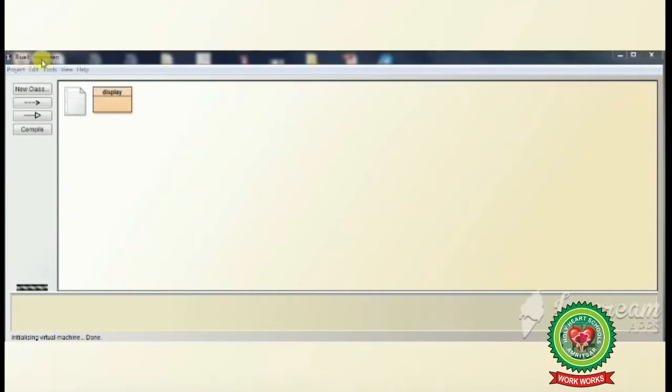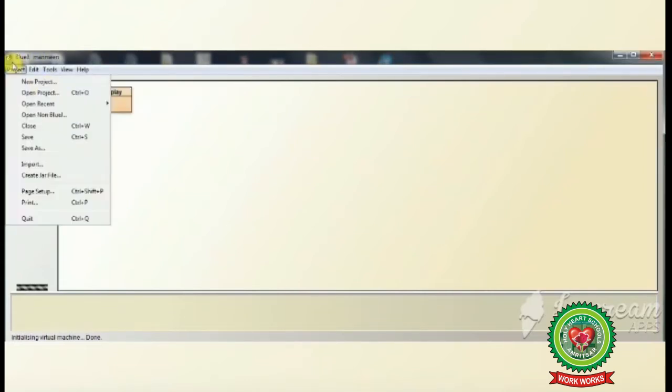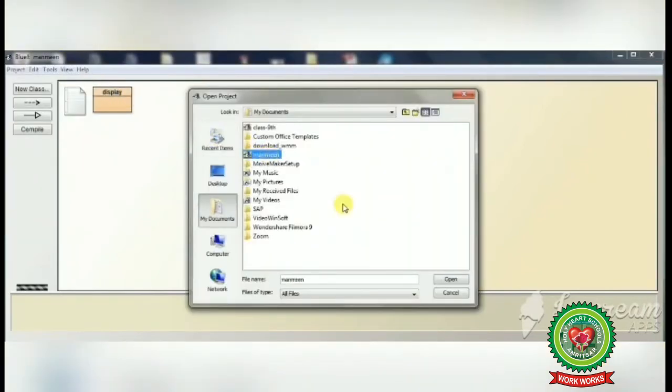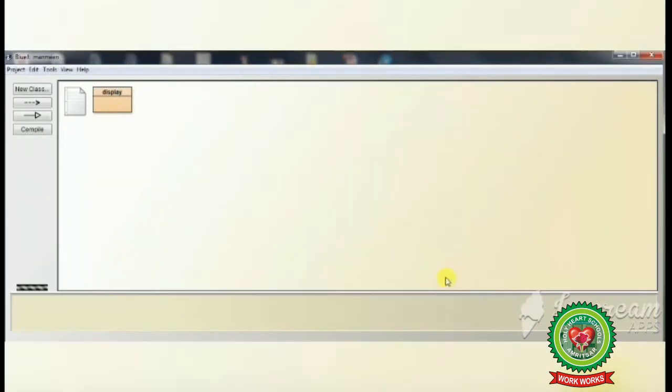Now students, we will move to the BlueJ window. As you can see, already one project is opened on our screen. As we have to open the existing project, we will click on project menu, click on open project option, select the required project and click on open button.